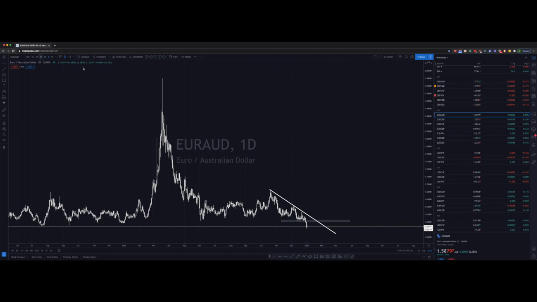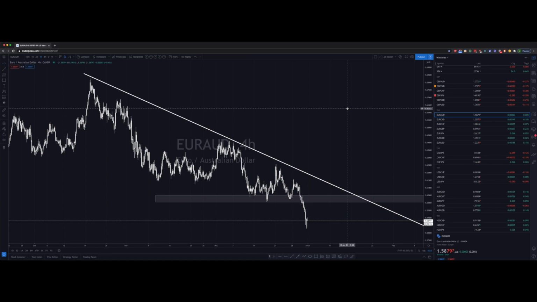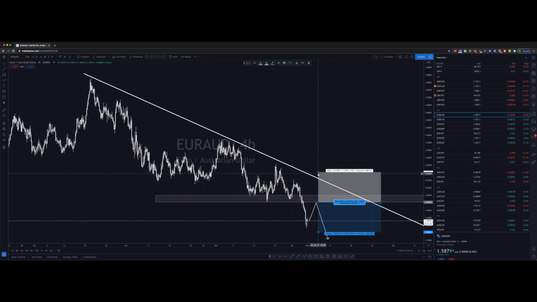Okay, so let's drop to the 4 hour time frame. Nice, so you can see it a little bit clearer here now, right? So we had price moving down, lower highs, lower lows, had this kind of tightening here with the trend line and the zone, but then price finally found some momentum to break through. So what I'll be looking for here is a move up into this level and then a move further down, right? So if that was to happen, what I'd be looking for is an entry in and around this level,